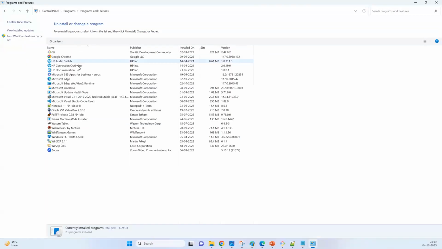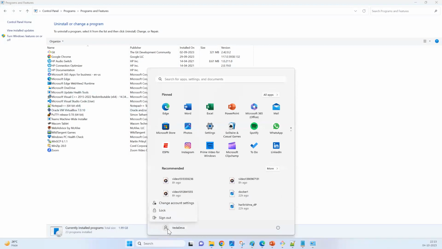Programs and Features. Yes, I'm rebooting my system. Once it is rebooted, we'll